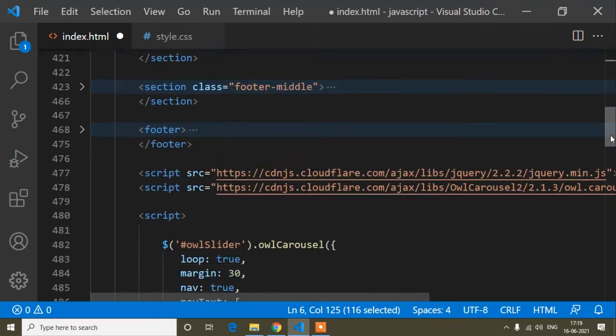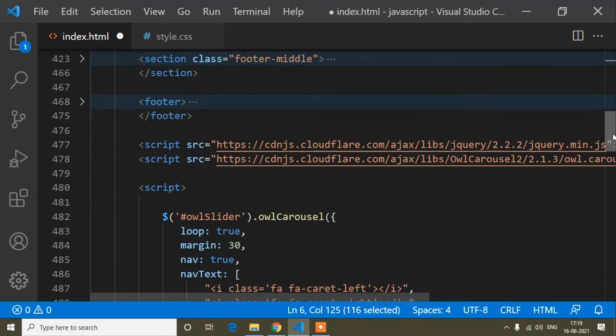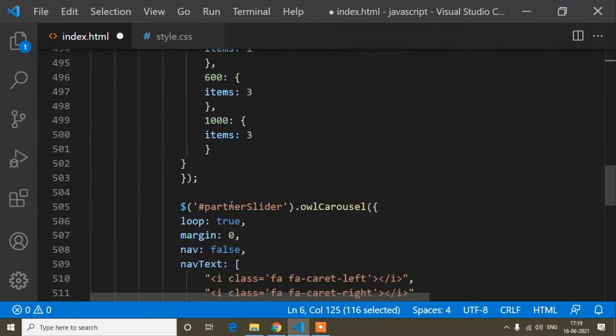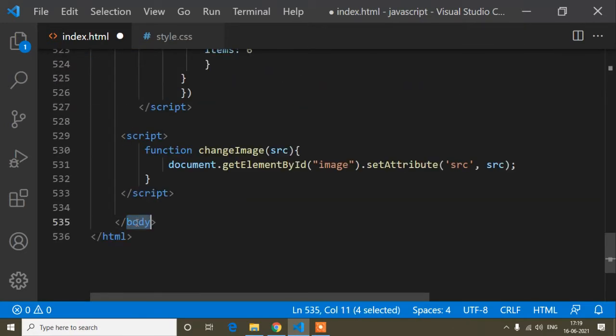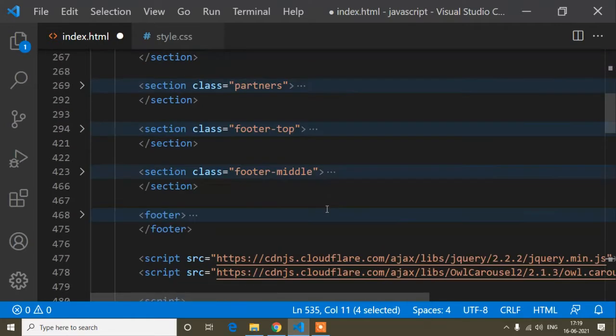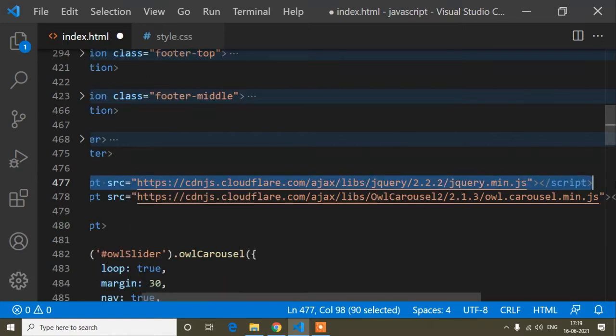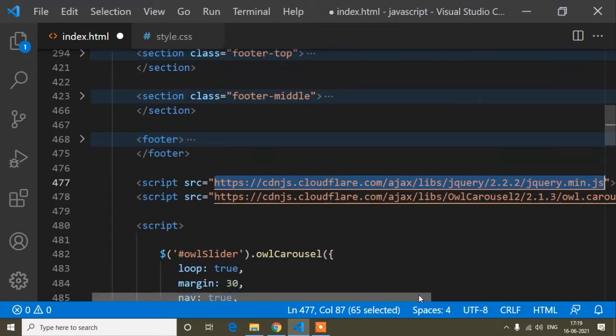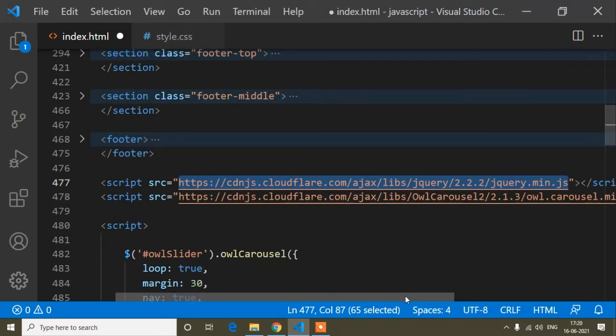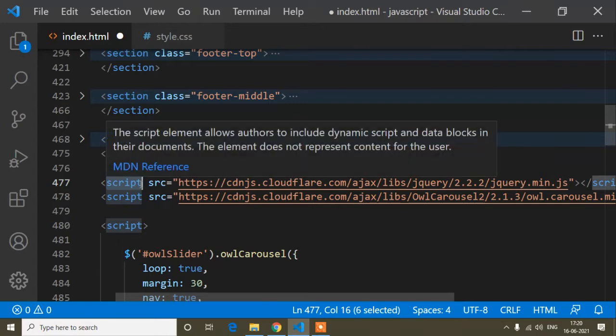And now I will scroll down, and guys, here above the body tag. Okay, so above the end of the body tag, here is where the body tag ends. Above the end of this body tag we start to write our script. So this is the jQuery script. I will provide the jQuery CDN link. If you haven't added this jQuery link in your project, you can copy it from here to here. You have to write it at the end of the body, above the end of the body tag.